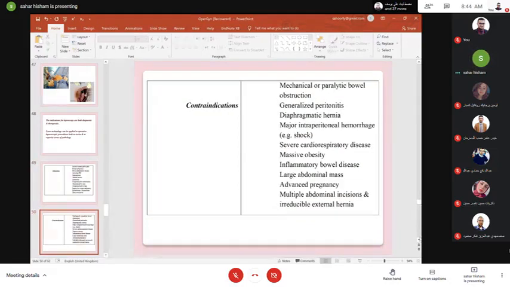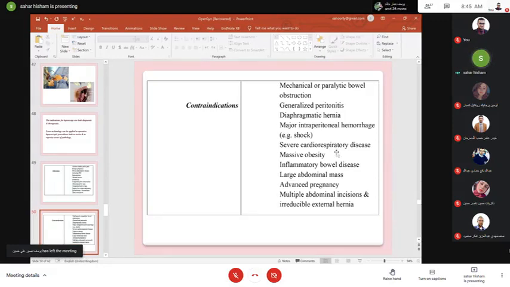If the patient is vitally unstable, for example an ectopic comes in the morning and I have a laparoscopy theatre available, but her pulse rate is 120. She is pale, she is sweaty, there is fluid in the abdominal cavity. I won't go for a laparoscopy because during the time to prepare the patient I may lose my patient. I want to stop the bleeder, so it is faster for me to do a